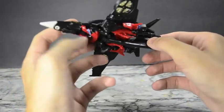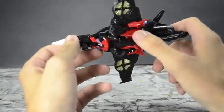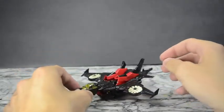And if you want, bring out the landing gear, because there are 2 landing gear bits on the back of the knees. But none of them move. They're all just molded in. And yeah,